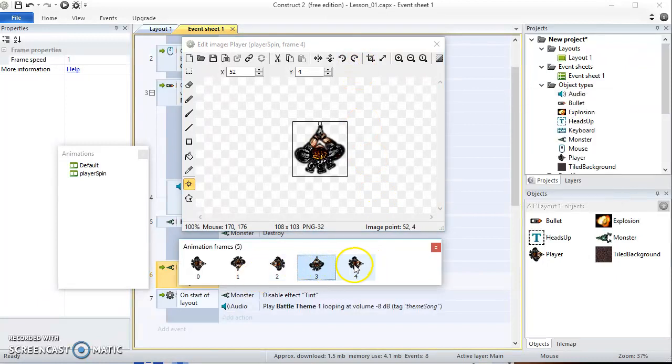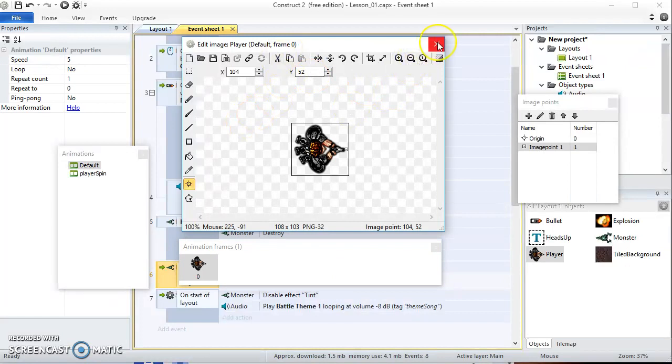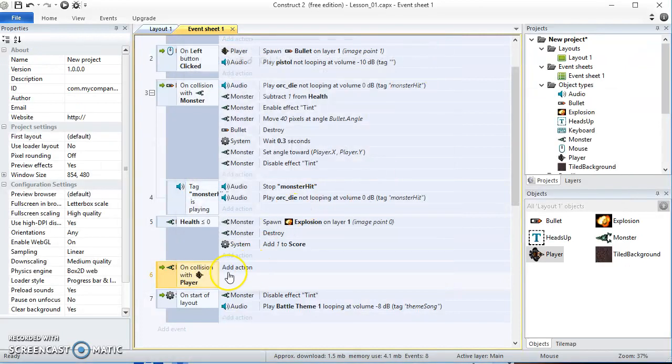That way I know there's no funny business. My player's right back ready to go and shooting at monsters once that animation's finished. So next thing I do, and I'll close this out, is in this on collision with player event that we created, instead of destroying the player, I'm going to go ahead and